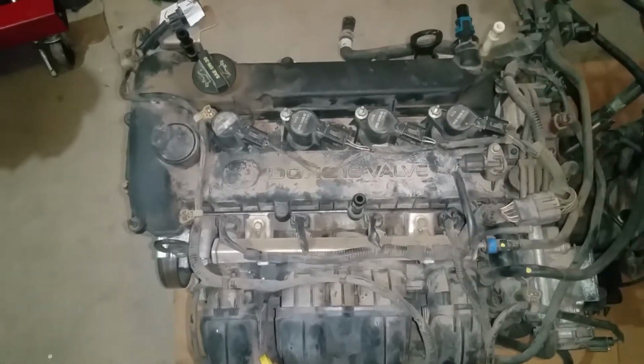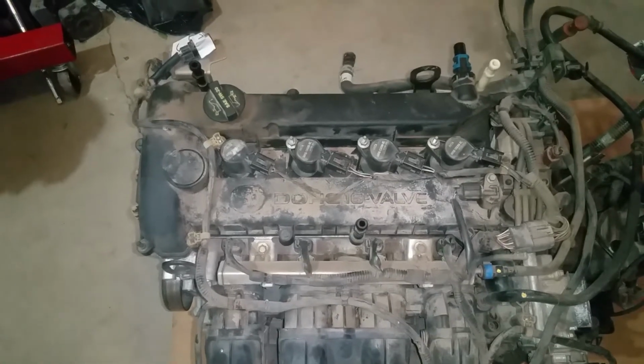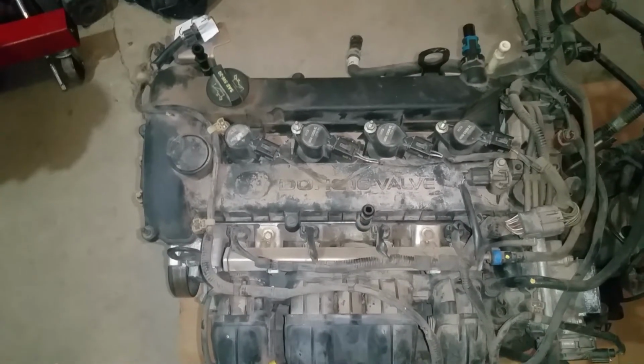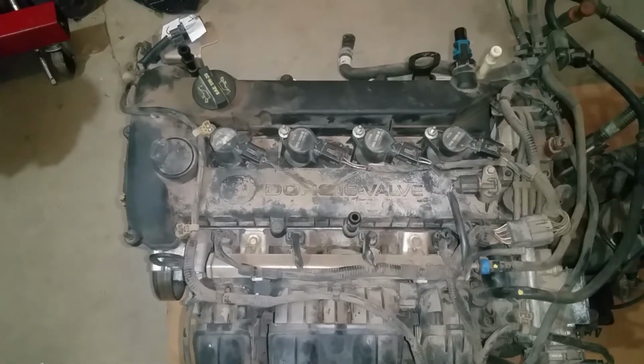Okay, this is a 2.0 liter out of a 2005 Mazda 3. I'm going to be showing you how to remove this valve cover gasket and the valve cover,